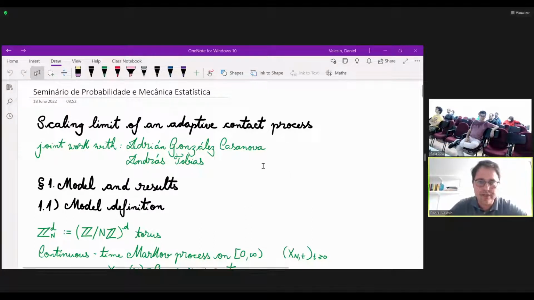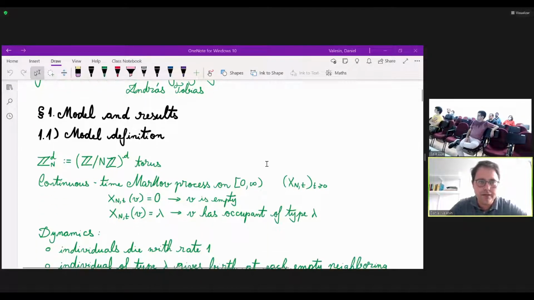So I will start describing the model. It's very important that everything be absolutely clear in this part. So if there are any questions, please feel absolutely free to interrupt me at any time. So we will take a model. Can you see the motion of my cursor? Is it visible, like the arrow? Yes, okay.